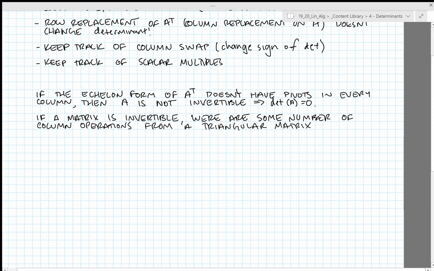And since it's invertible, all of the pivots in that triangular matrix are non-zero. That would then imply that det A is the product of non-zero diagonal entries,